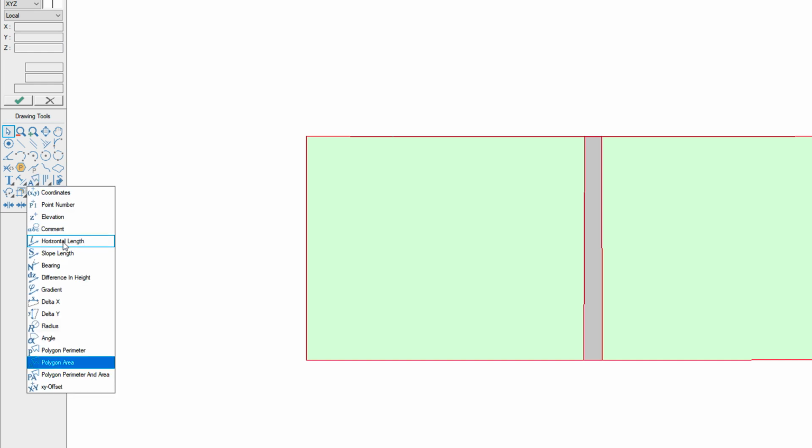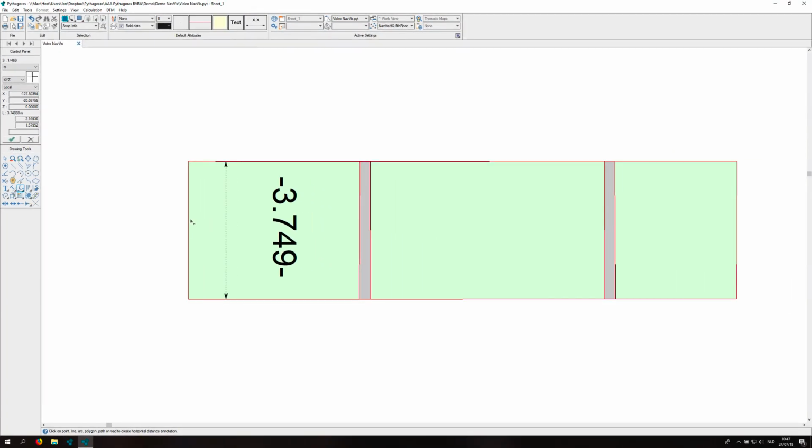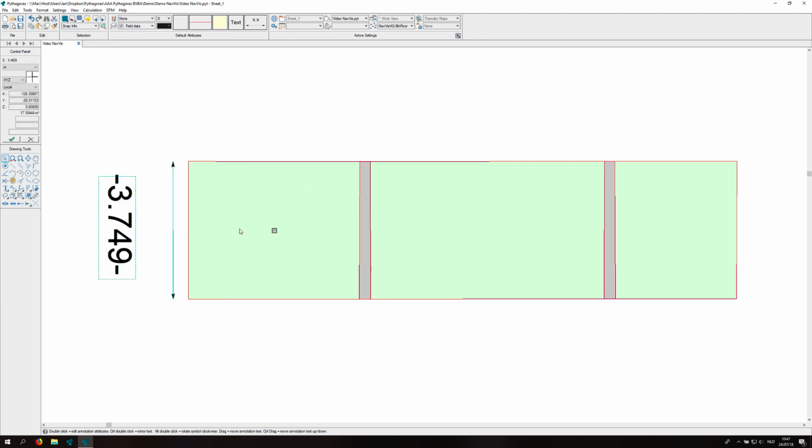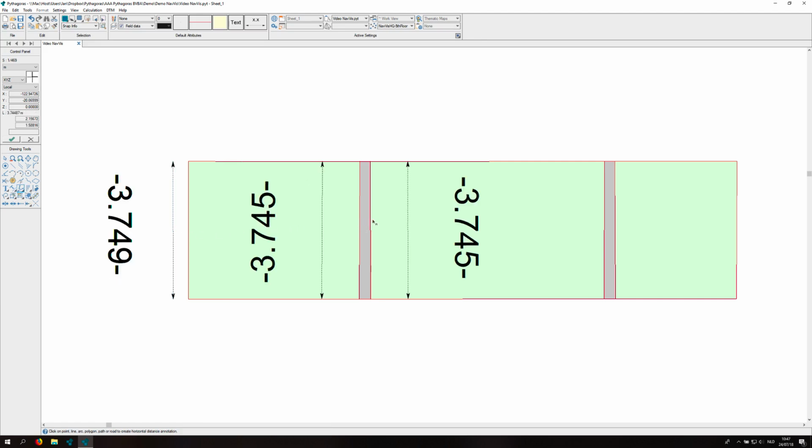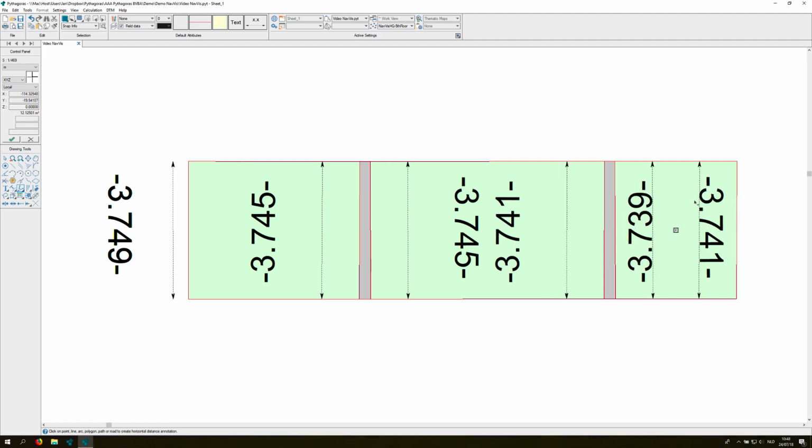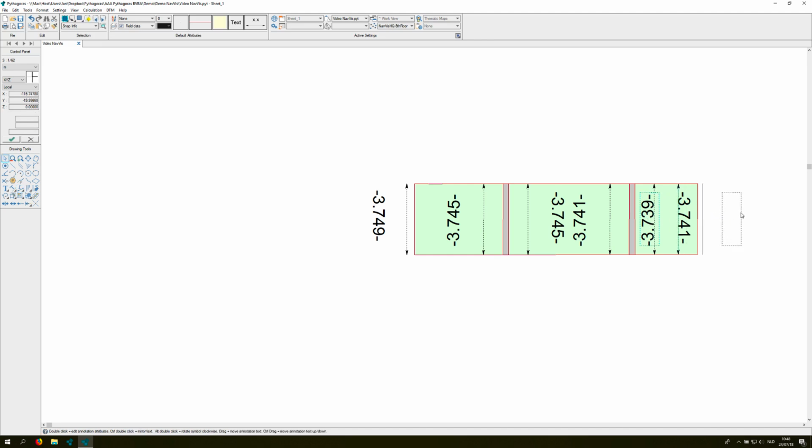Now we annotate the lines by clicking the horizontal length tool and then clicking on the lines. Dimensions will be created in reference to the click lines, and of course these annotations can be moved to a good location to make it look a little bit better.